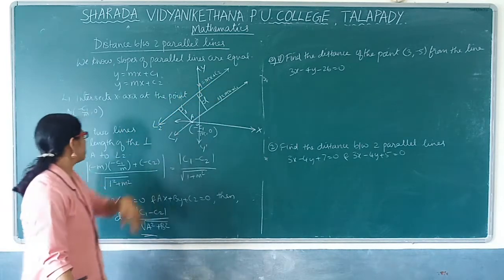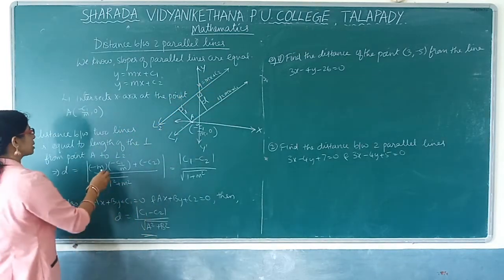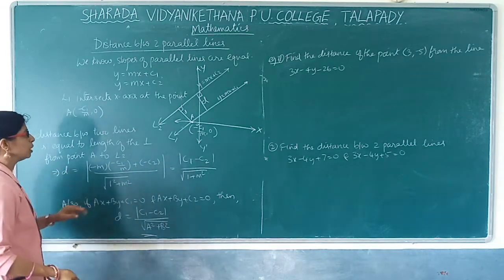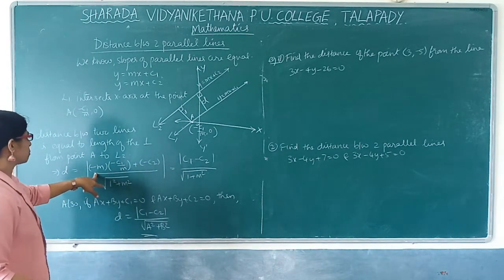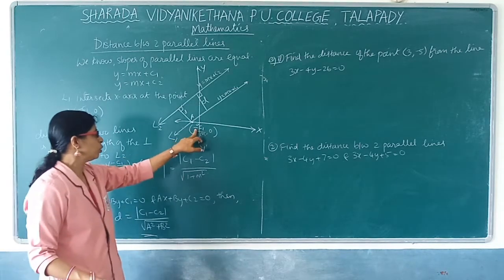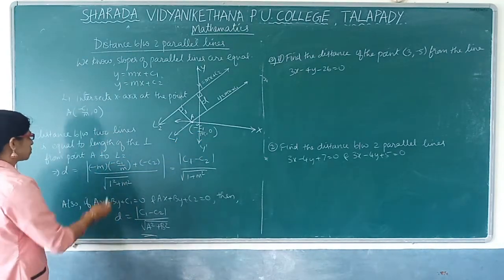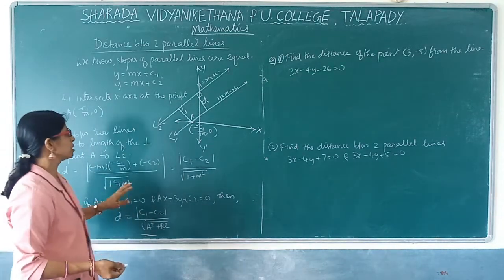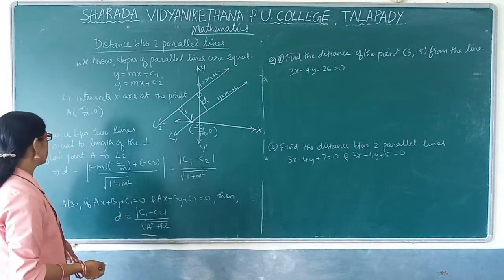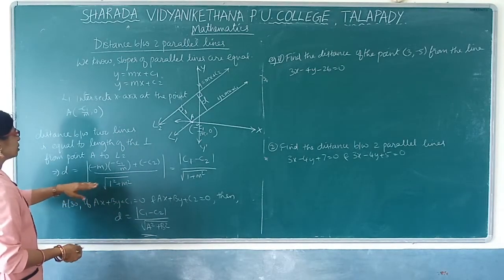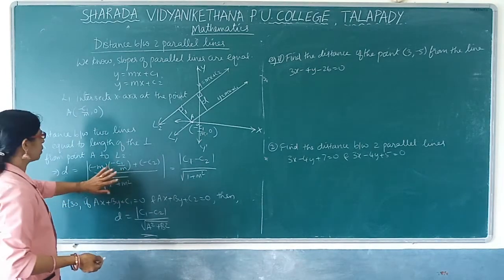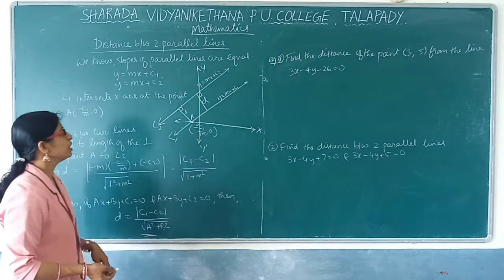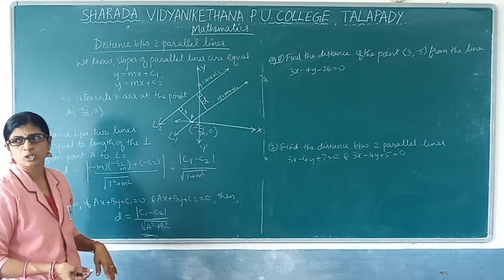y is equal to mx plus c2. So mx plus c2. c2 is c2 only here. So just substitute the value. What is the x value? Minus c1 by m. Substitute the x value. Then root of a square plus b square. Here a is nothing but 1 only. a square plus b square. Next, this is converting into standard form. Understood? Why the minus came is because you have to convert it into standard form. y minus mx minus c2 is equal to 0.